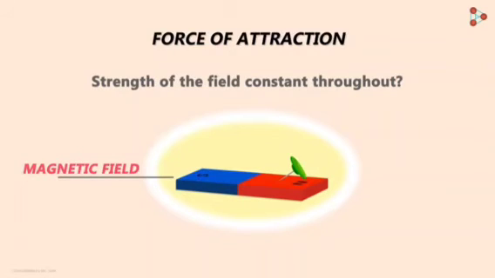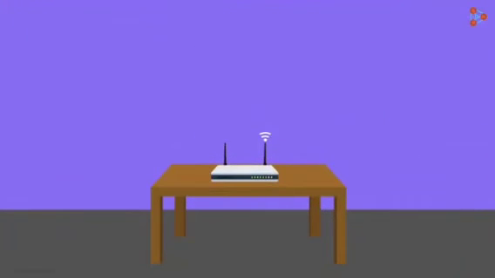Let me explain this to you with a relatable example. Assume that there is a working Wi-Fi router present at some location. It gives off signals in all the directions in some range. Now, in order to connect a mobile phone to the internet, we need to bring it in this range only. This signal will be stronger nearer the router. The closer you bring your cell phone to the router, the stronger the signal will be.